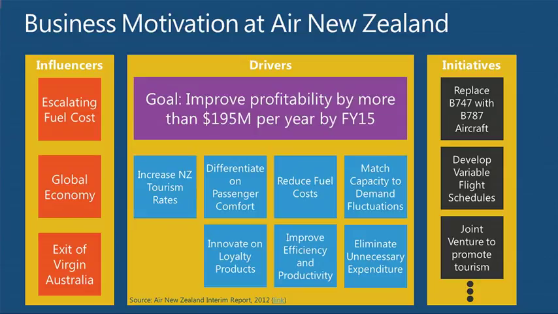The influencers in the orange box. I think it's orange. Yeah. By the way, I never get the same colors on the screen as I get on my laptop, so I just have to look. But the influencers of the orange box, that's stuff outside the control of Air New Zealand. So this is a very simple visualization. Is that a model? Kinda. I could use this when talking to business stakeholders. I could put that on the screen.